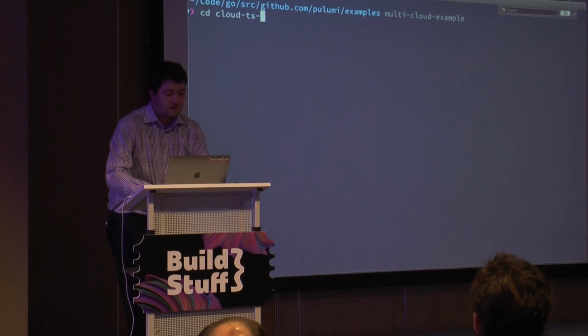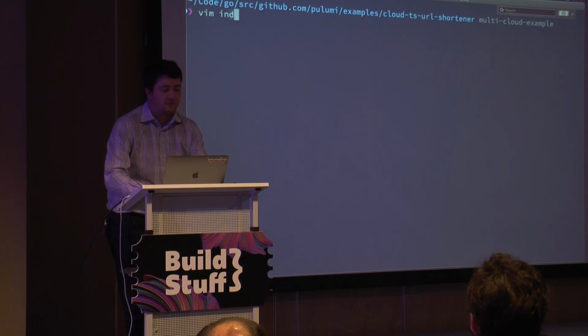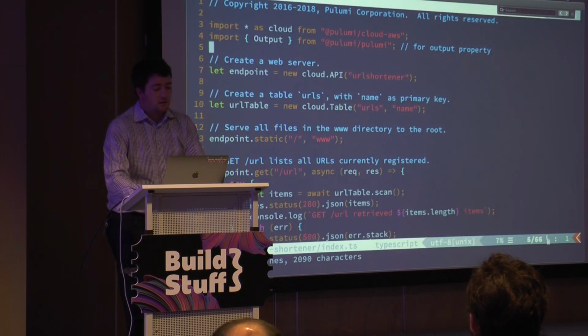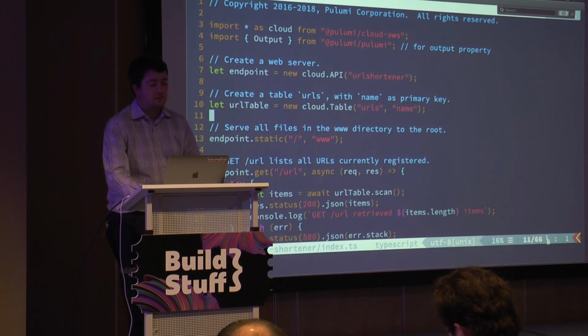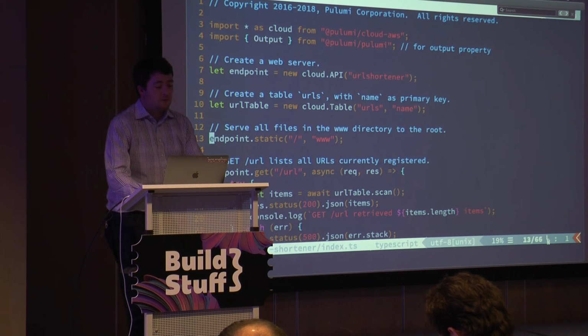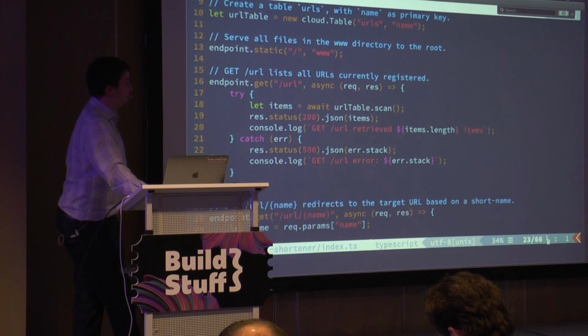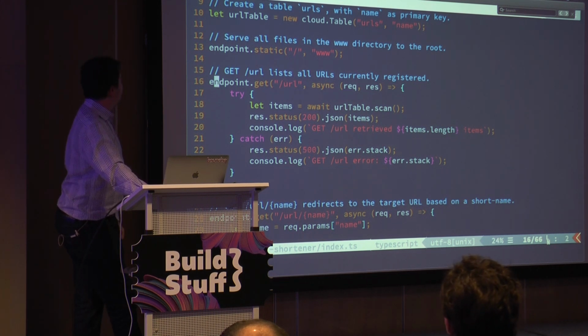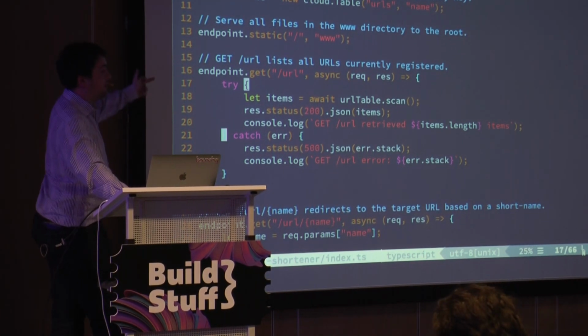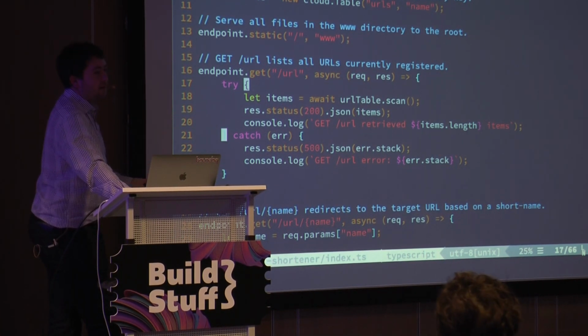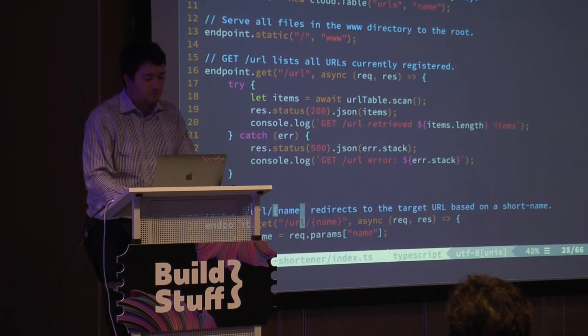The one I'm going to pull up is a URL shortener. This is a really simple service. It has an API, which is an API gateway. It has a DynamoDB table if you're in Amazon. And then we start defining routes on our API. Normally this involves a bunch of resource glue that you have to stick together. But we can just say that for /URL here, we're going to execute this function, and build the entire thing as if it were real code and a real framework.